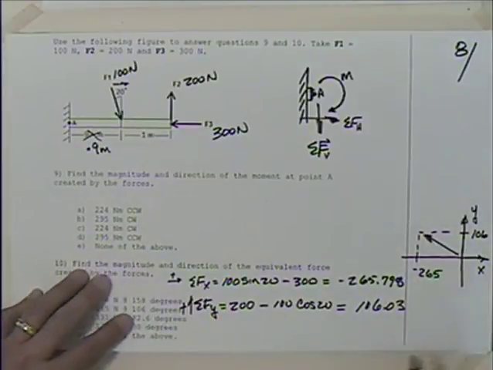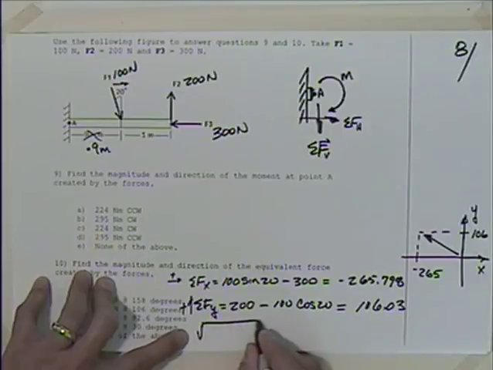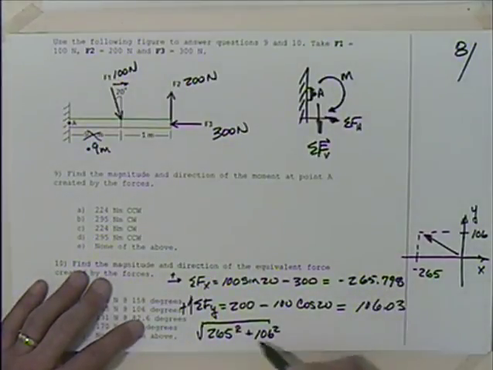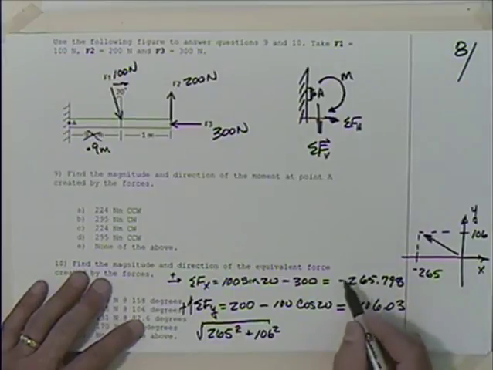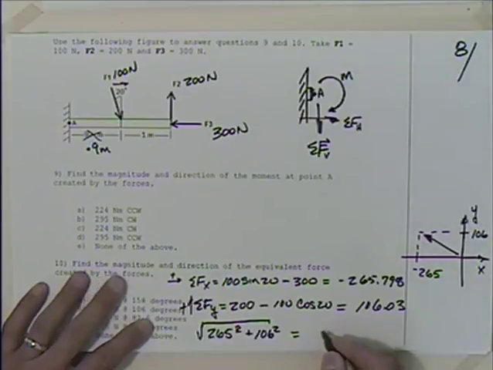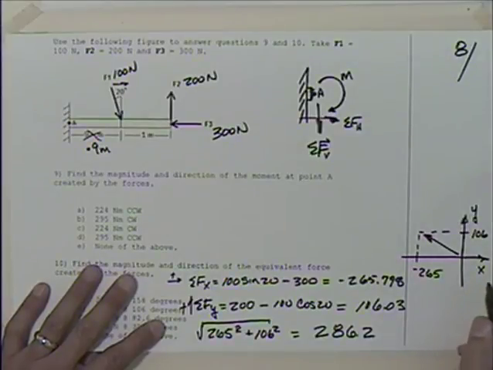And there is that reaction right there. So the magnitude of it turns out to be the square root of 265 squared plus 106 squared. You'd want to keep more decimal places in there, but probably in the memory of your calculator. The negative's not a big deal because it's going to go away when you square that. So that turns out to be 286.2. And then the angle here, we could find this angle in here if we wanted to, and then we'd